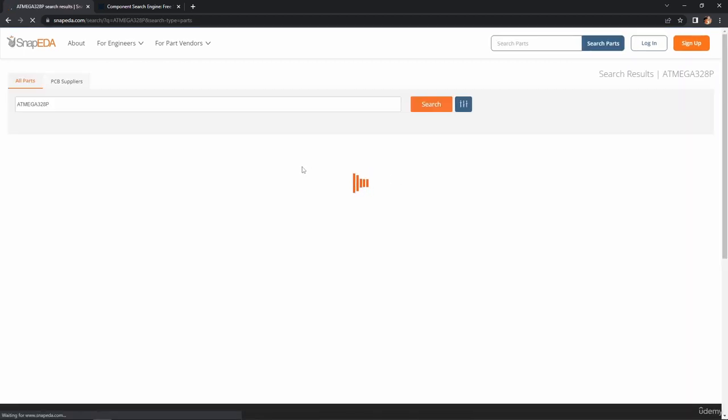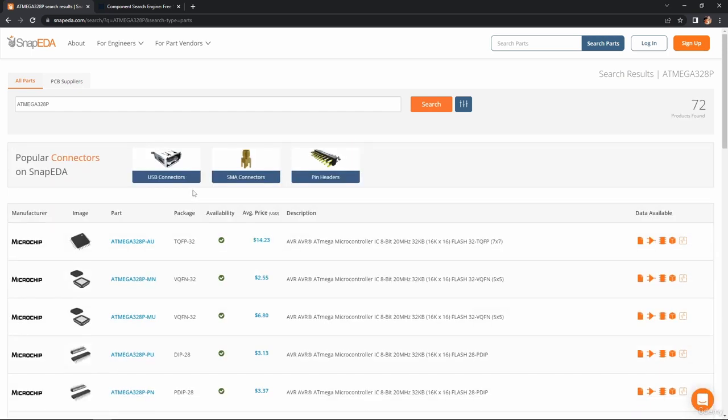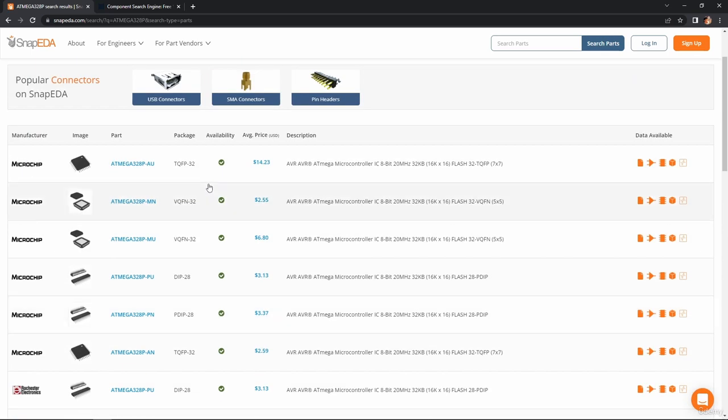Now the IC that we are using has got a package of TQFP32. So you have to look for that particular package. So you can see this is the package TQFP32 which I am looking for. And if you see here the data available section, you will see that this symbol option is highlighted in orange color. In the same way, the footprint option is highlighted in orange color. In the same way, the 3D model option is highlighted in orange color. It means that the symbol, footprint and 3D model for this particular component, which is Atmega 328P-AU, is available inside